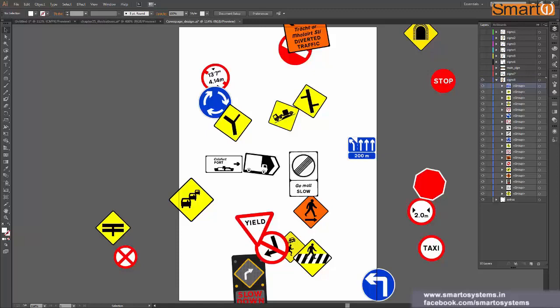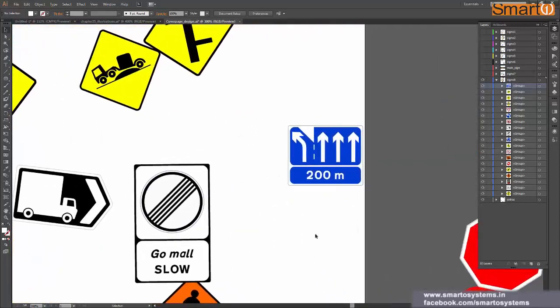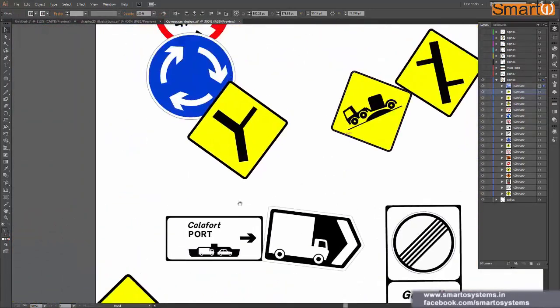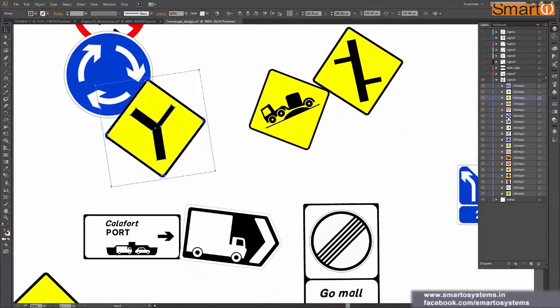So let's say this is the shape which I have made, this blue sign. Here is this blue sign, and then we have this yellow sign. So I got all my shapes which are present in the layer. You can open it and close it. This way you can see what all is present in the layer, and if you want to edit it, I think you can double click on this one.